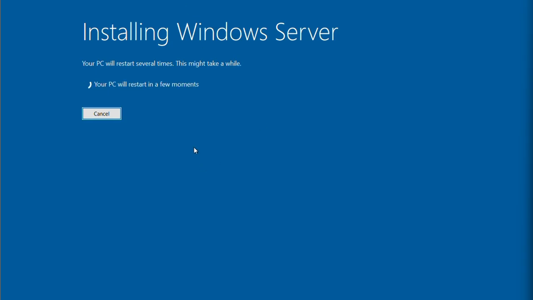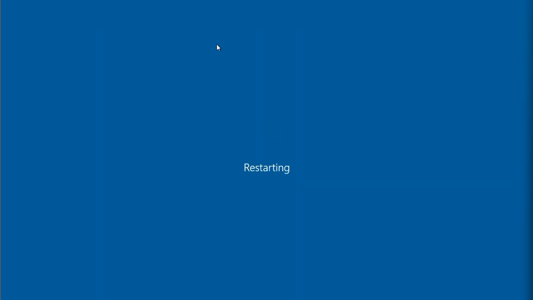Now your PC will start in a few moments. Now your system will start and update to Windows Server 2025. You see the system will update, working on update 30%. Please keep your computer on.